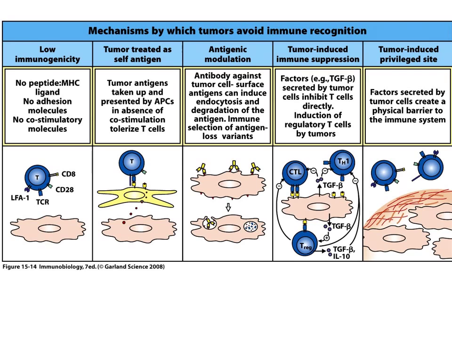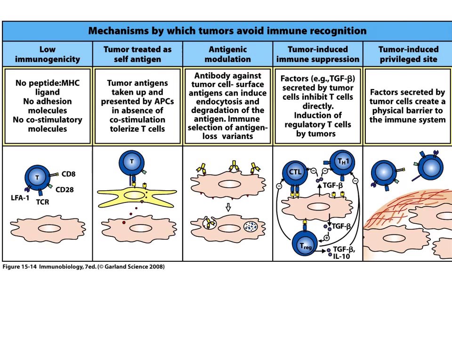Or they are smart enough that they come in disguise and camouflage themselves, and they put on your clothes. So your immune system thinks, no, this is self. It's not self, but they are kind of smart. So the tumor is treated as self-antigen. If they are treated as self-antigen, there's nothing you can do.